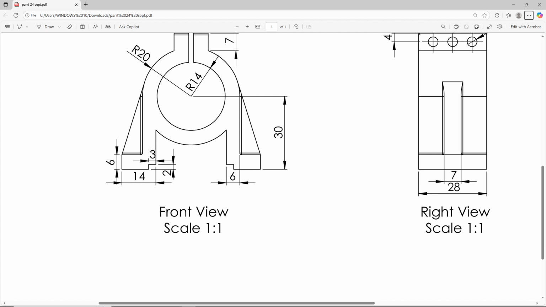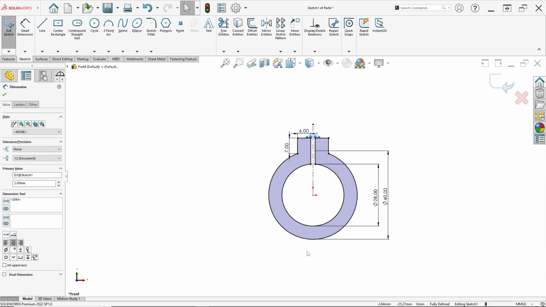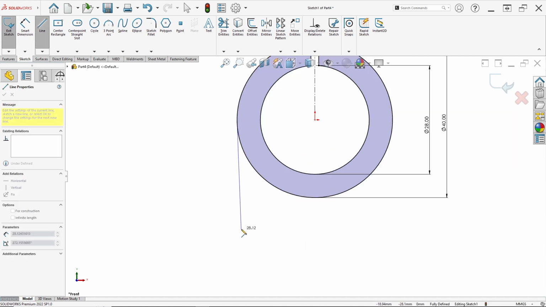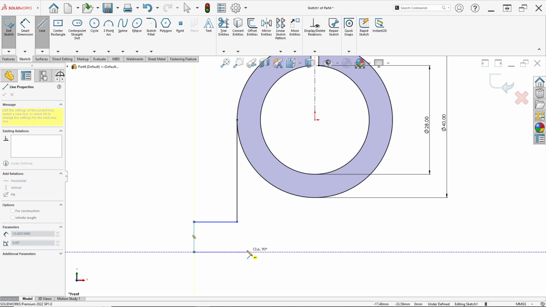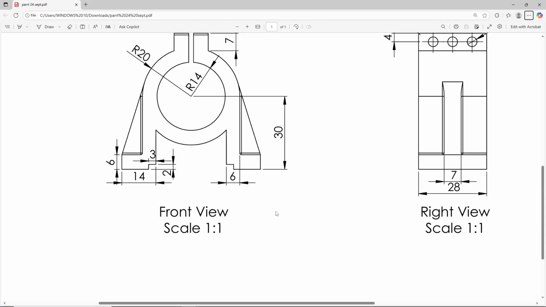Next, we want to make a sketch like this from the front view. Select line again and draw from this circle, like this, this, and this.